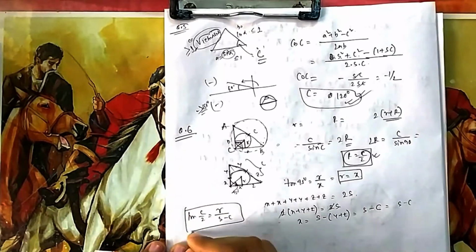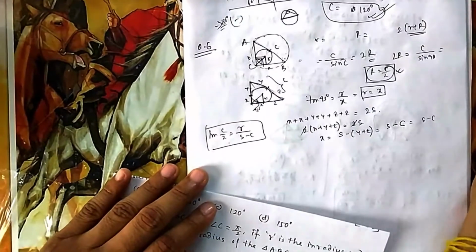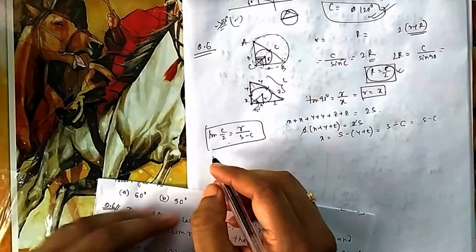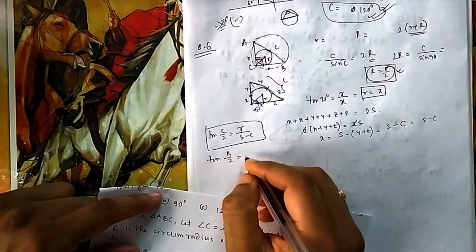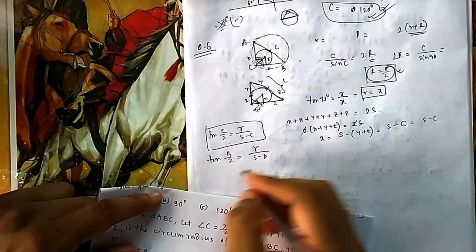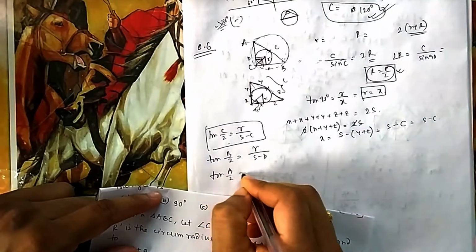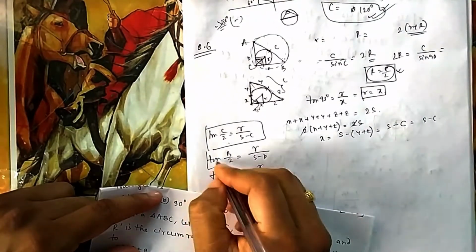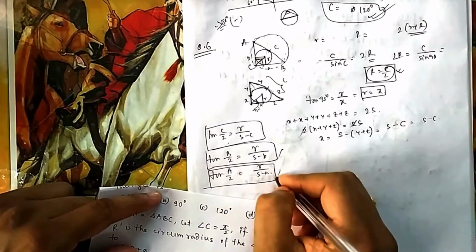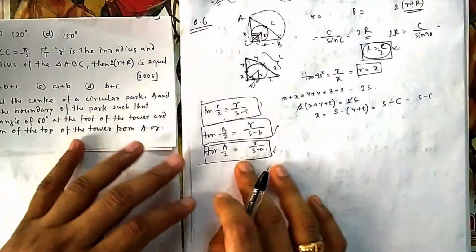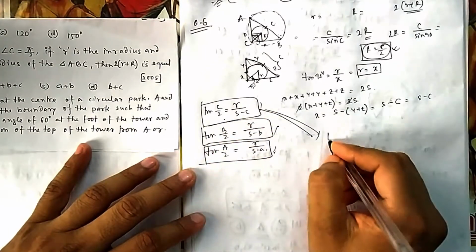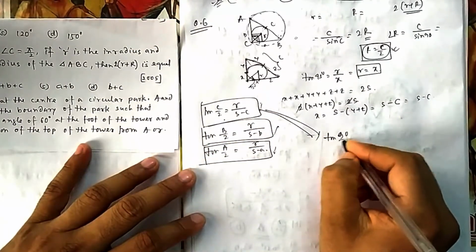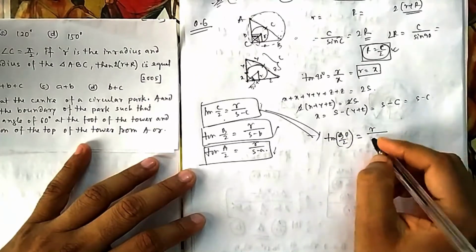So this becomes a formula. I have not given this in the formula list, I thought it would not be required, but as it is required now, you can remember this formula also. So tan B by 2 will be r by (s minus b). I have derived it here, and tan A by 2 is equal to r by (s minus a). Similarly, all formulas can be derived. While saying the formulas I also told you all formulas are derived. This is a general formula for any triangle, nothing special. Here the special thing is that C is 90, so 90 by 2 becomes 45, so it will be r by (s minus c).